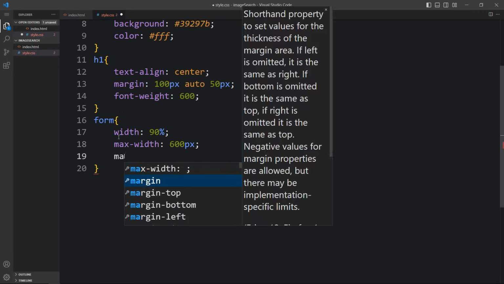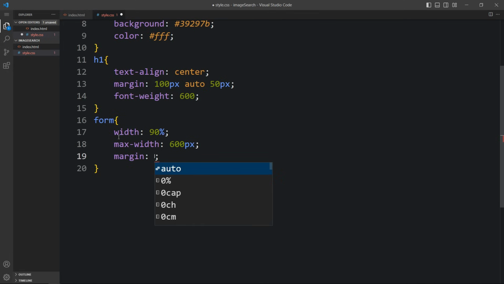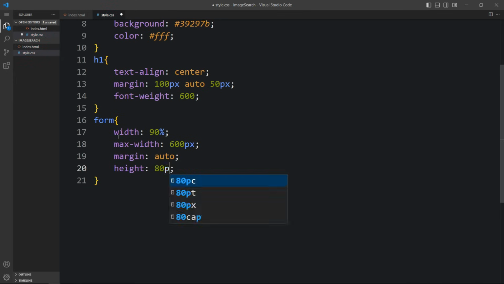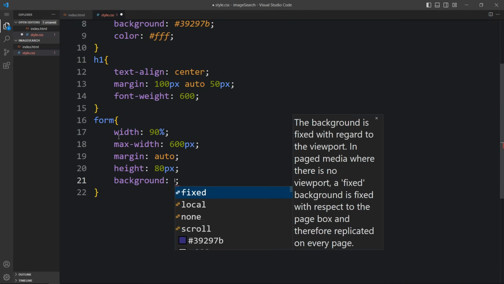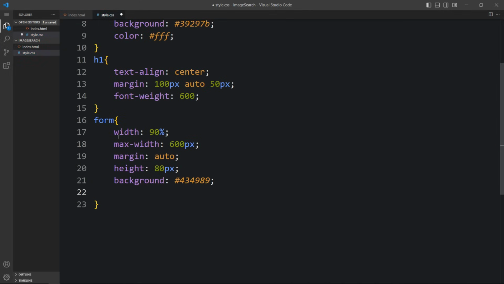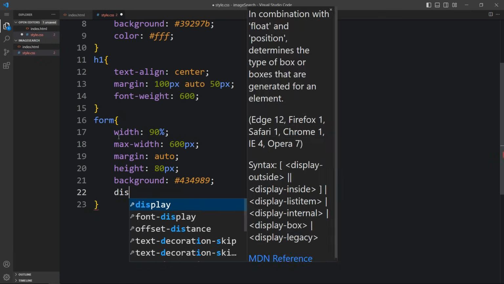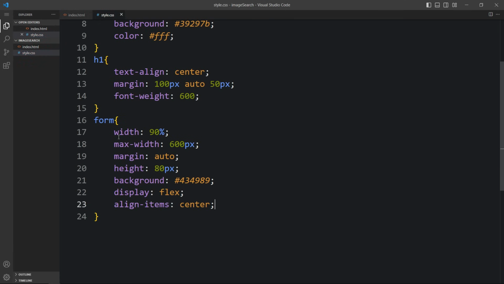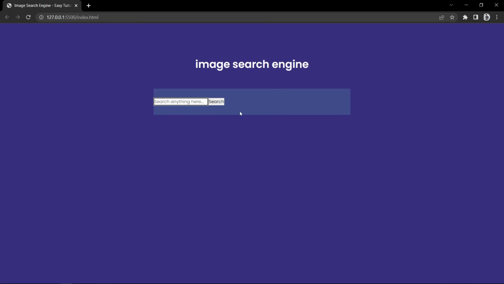Then margin auto, so it will be at equal space from the left side and right side. We will add the height of this form. It will be 80 pixel. And in the background we will add one color code. Then we will add display flex and align items center. After adding this, you can see here we have this box, and in this box we have the input field